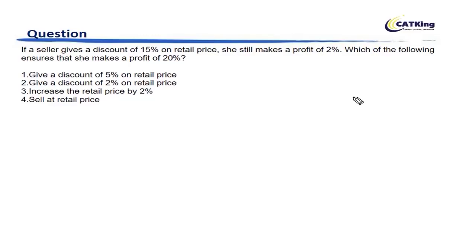Very simple. You take a number in your head, discounted by 15%, it becomes 0.85x, right? You divide it by 1.02, basically 5/6 of that number. So you can take a number keeping the denominator in mind. The appropriate number in this case is 120, right? So you get a 15% discount over 120.